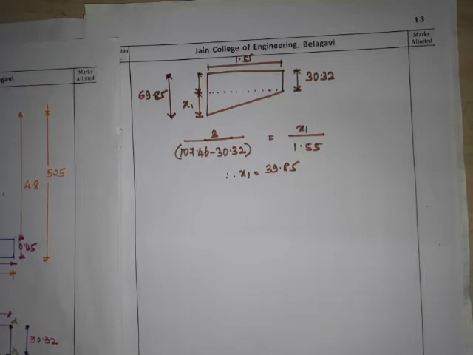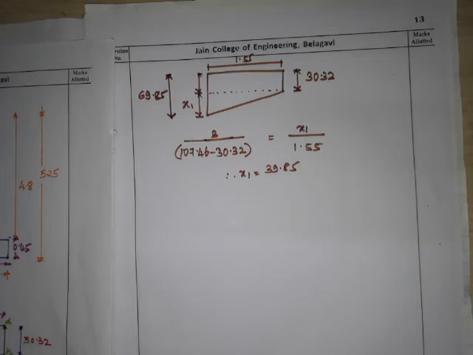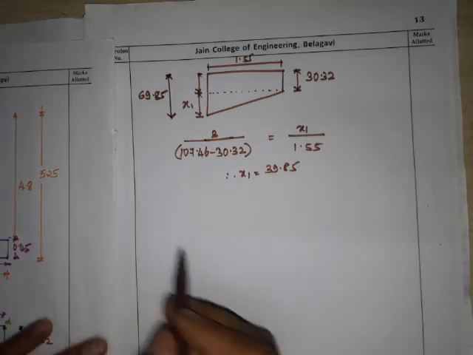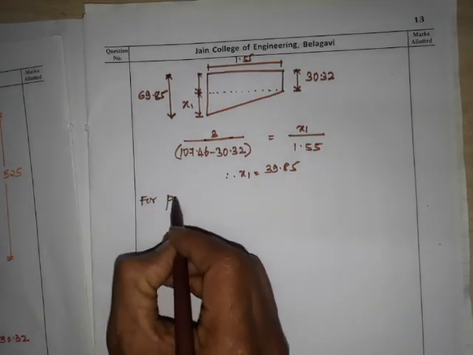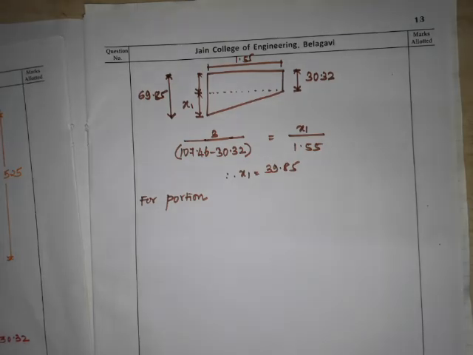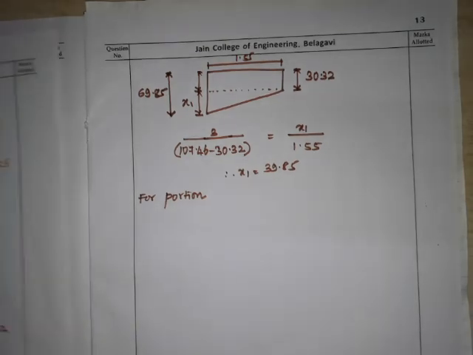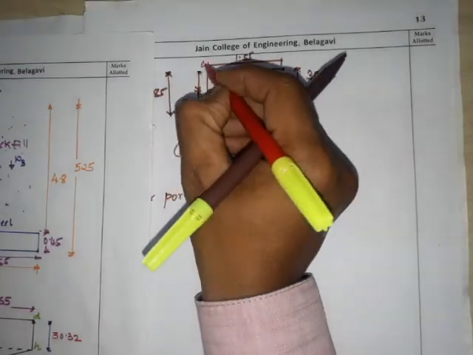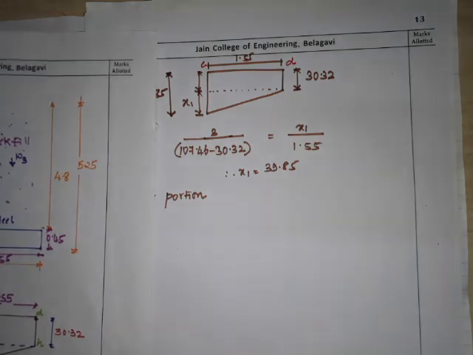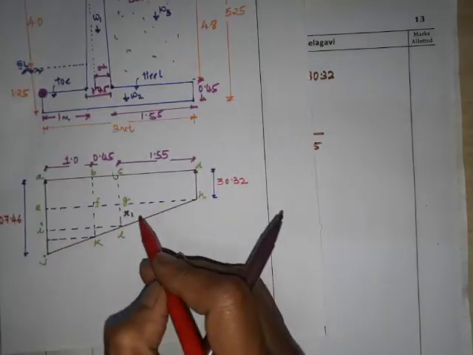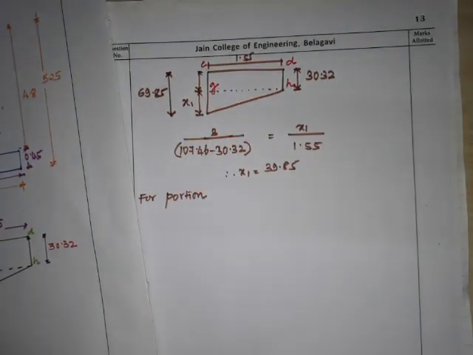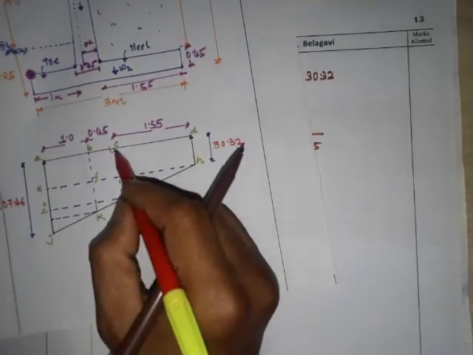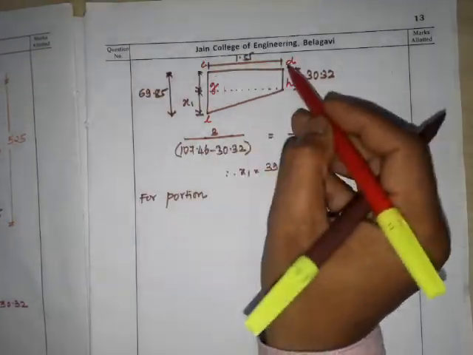Okay, so now we'll consider the upward pressure. Again, same table you have to refer. So for upward pressure we have considered a portion. I'll just give a name here. You have considered CD. So here CD and this as GH. So this is GH and this is L. Okay, CD GH L.